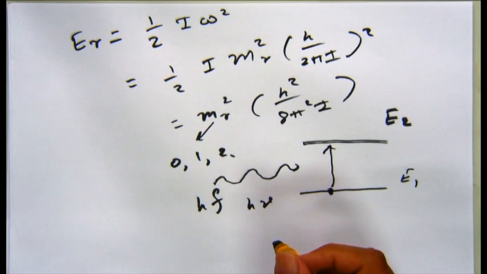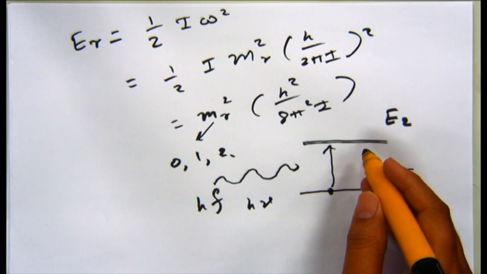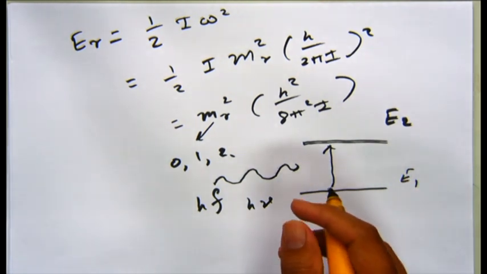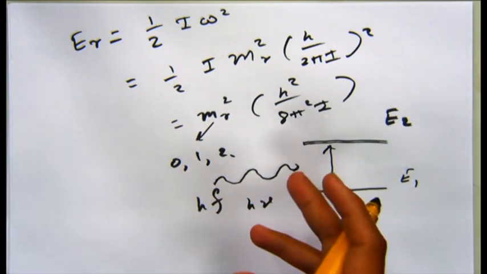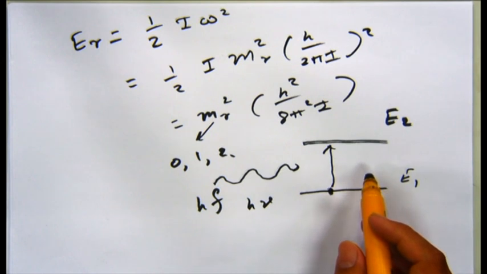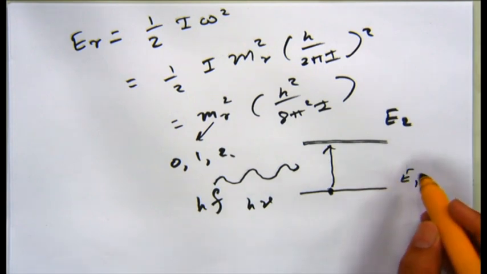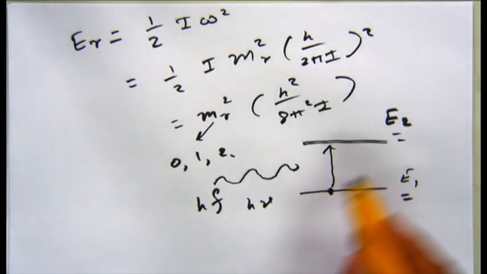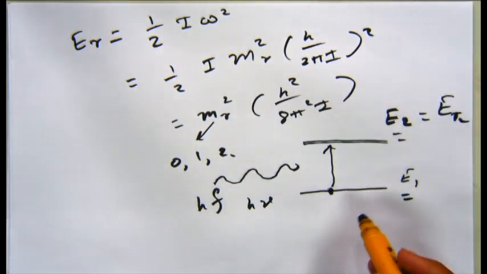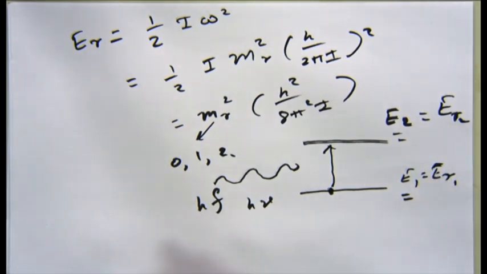Similarly, what happens in physics or in basic science? We know that an atom can never remain for a longer time in an excited state. So after a particular time, this atom will make a transition from a higher energy level to a lower energy level. So the difference here, E1 and E2, these are rotational energy E2 and rotational energy E1.